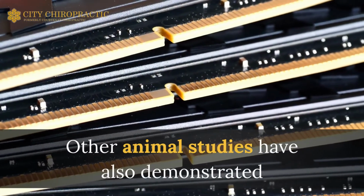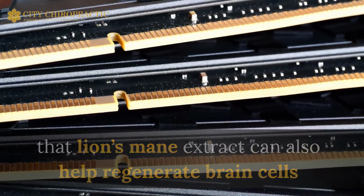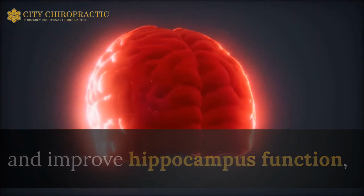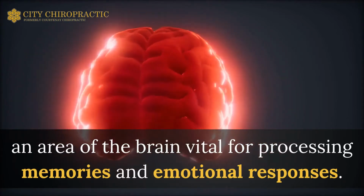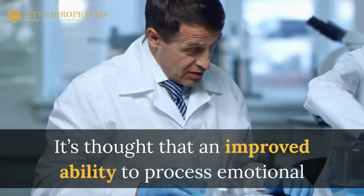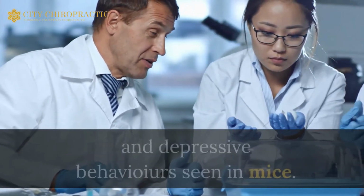Other animal studies have also demonstrated that lion's mane extract can help regenerate brain cells and improve hippocampus function, an area of the brain vital for processing memories and emotional responses. It's thought that an improved ability to process emotional responses might play a part in the reduced anxiety and depressive